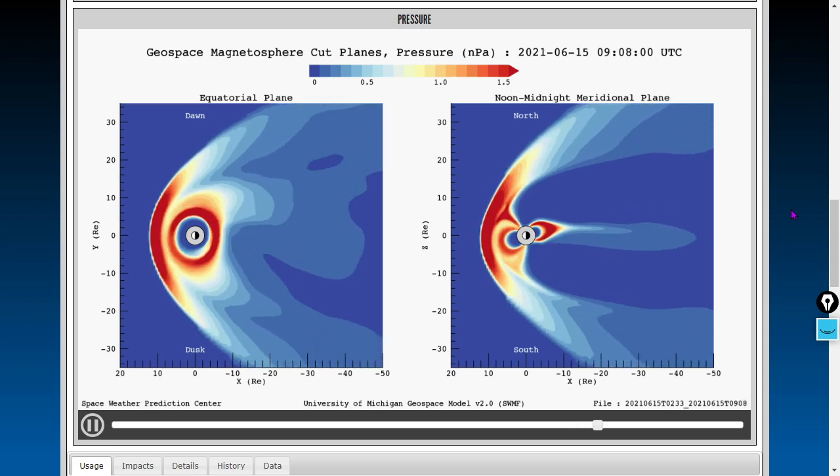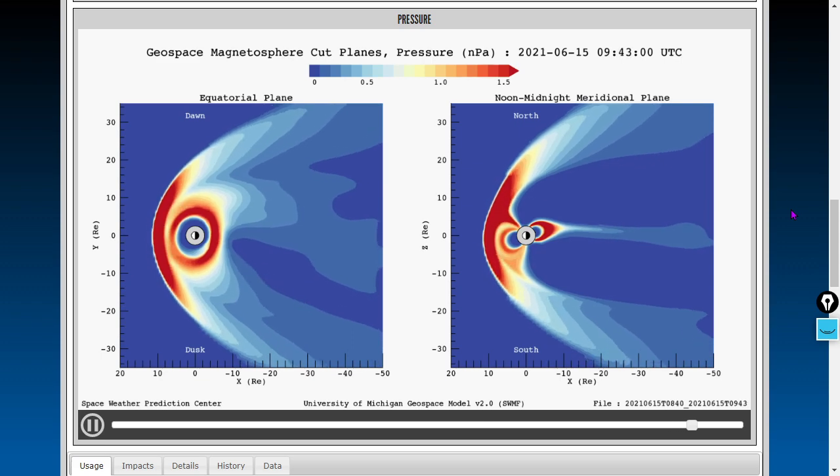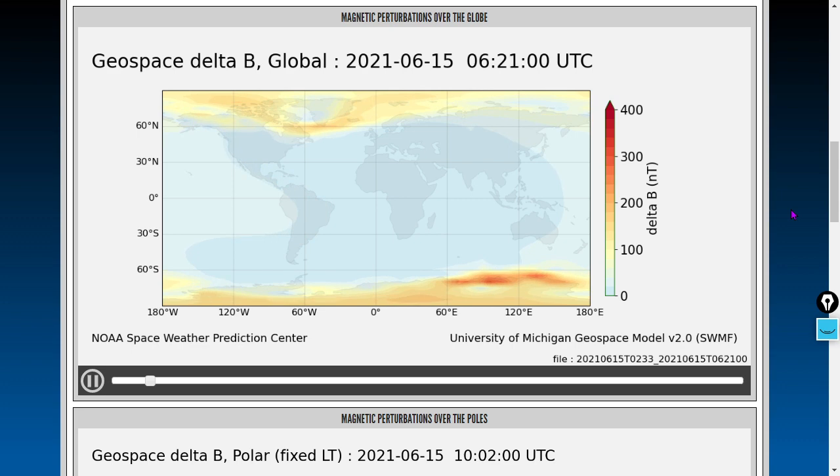Pretty homogeneous pressure over the last 4 hours, which is the data set we're showing you there. 4 hours of data in nanopascals of magnetohydrodynamic pressure. Here's 4 hours of data of geospace delta B, perturbations on the ground, magnetic perturbations, and we see some pulses coming out of the Pacific Ocean here north of Hawaii,